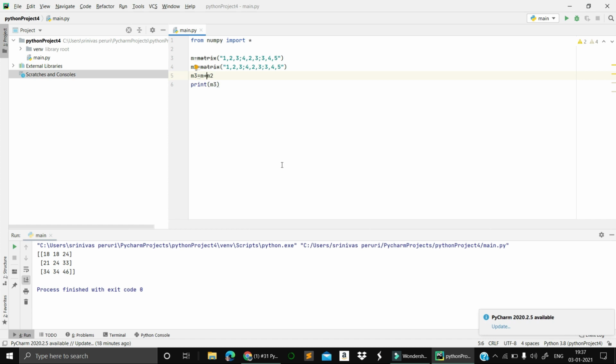This is the beauty of Python. You don't have to write so much code. If you want to work with C matrix multiplication, you need to write 50 lines of code, but here in a single line you will get it, right? This is the beauty of Python.